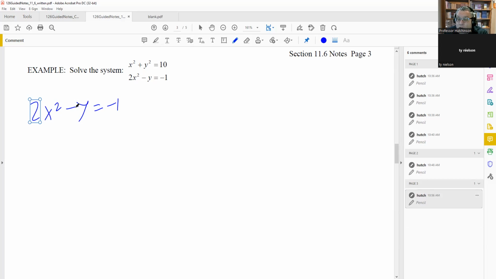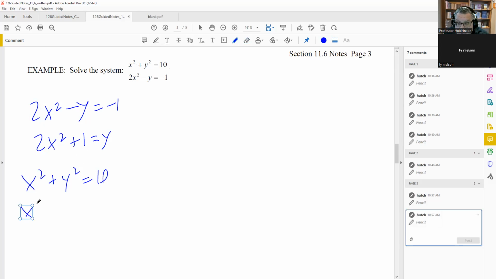So I'm going to swap places with the negative y and negative 1. I just move those to opposite sides there, and it becomes positive. So now I have 2x squared plus 1 equals y. Now I'm going to put this into the top equation since I haven't used that yet. I have x squared plus y squared equals 10. That's the equation I'm starting with here. Now I'm going to move on to the next step,